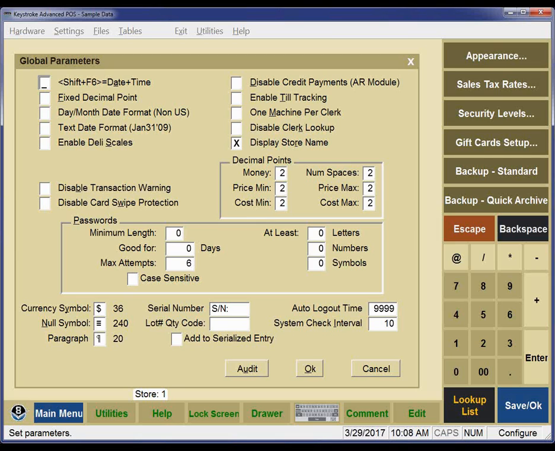You can choose to have it case sensitive, and you can set up the number of letters, numbers, or symbols. As I said, it's not necessary to change this. If you leave it in the default, just like this is, Keystroke will set it for 90 days, require clerks with a security level of 0 through 5 for at least 7 characters with at least 1 letter and 1 number or symbol. So that's kind of